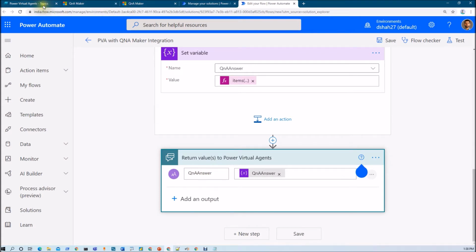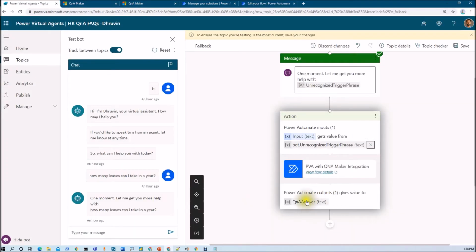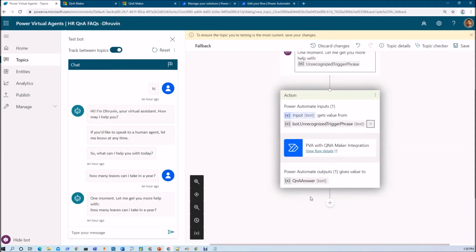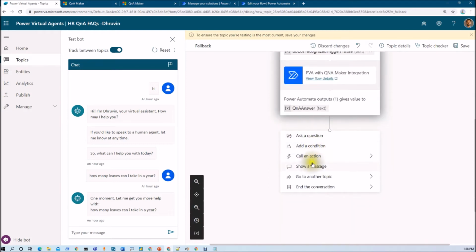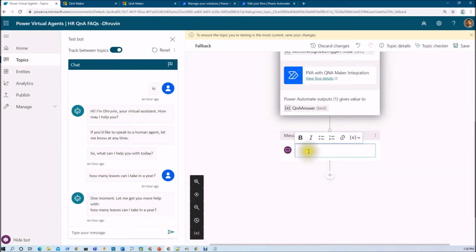Whatever answer I'm getting from there, I want to print that in the chat window. So let me show a message with the answer we get from there. From here let's select Q&A answer, and it will print that answer over here.